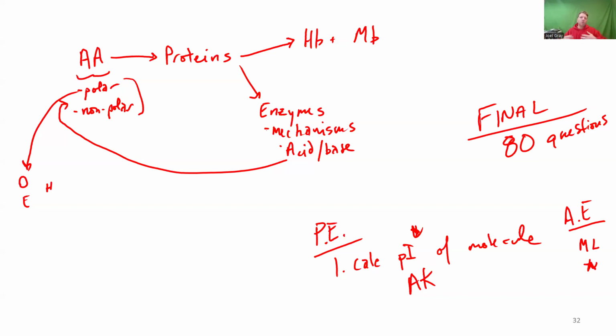But things that I will provide you with: I will provide you with the pKa values of all your amino acids. The Krebs cycle, we're not really going to be asking questions about the Krebs cycle. The important takeaway from the Krebs cycle, the TCA, the tricarboxylic acid cycle, was what does it give you? It gives you NADH, FADH2, and some ATP. It gives you these electron carriers that you can use to get a lot of energy.